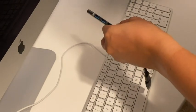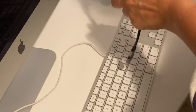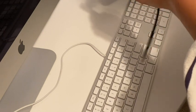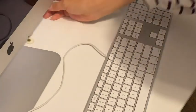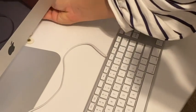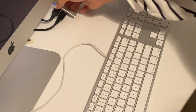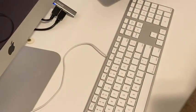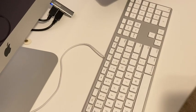So before I didn't used to have enough USB ports on my computer, and you know how everything nowadays requires a USB cable. So now instead of having one, I can extend my computer to have 4 more ports. There's 3 on the side and 1 on the end, and it makes it so much more simple to